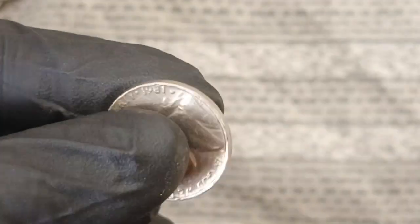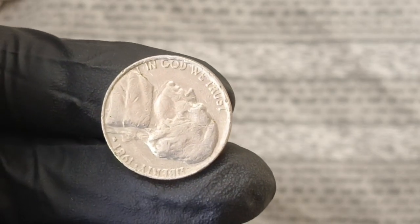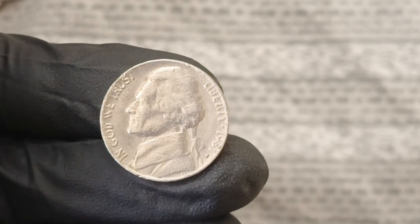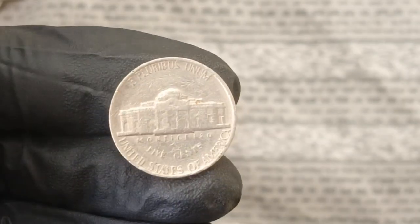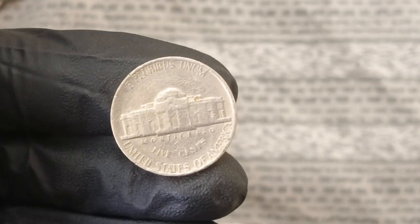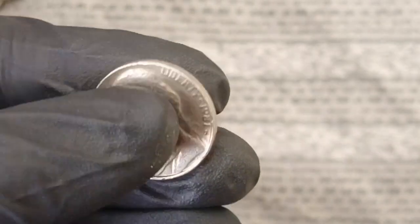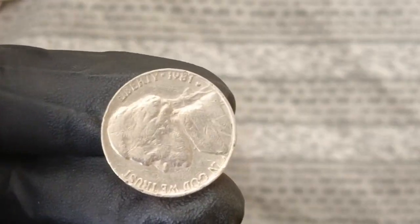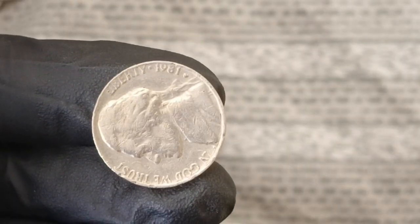over $60 million, with additional premiums added due to its uniqueness and media attention, and some experts believe that if a comparable coin were to go to auction today, in a climate of heightened demand for tangible assets and historic artifacts, especially from wealthy investors and crypto millionaires diversifying their portfolios, it could easily eclipse the $79 million mark, becoming the most valuable nickel in history, and yet the possibility remains that more of these rare coins could still be